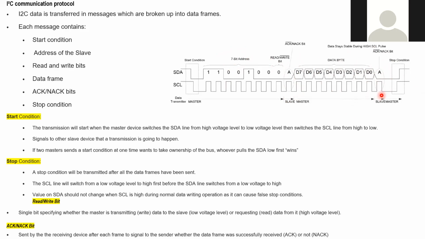So do people understand what the data frame is in the I2C communication protocol? Anyone, please tell, what does the I2C communication message contain? Yeah, anyone, please kindly tell. What are the I2C communication